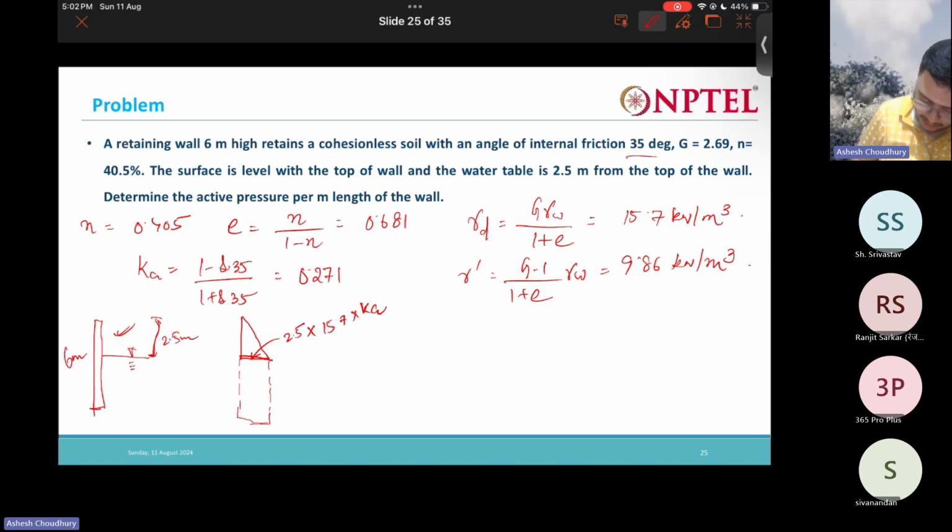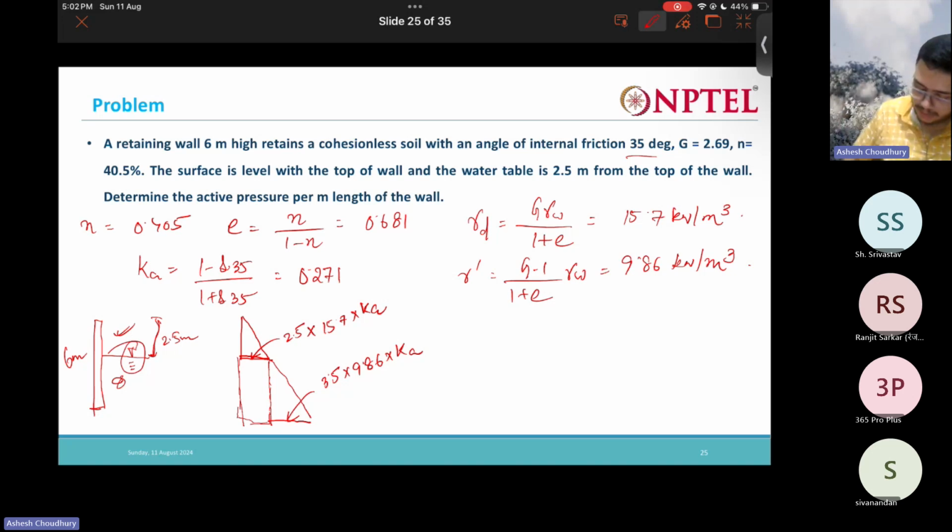Now this portion that is submerged, for this portion the triangle will be something like this. In that case, what will be this one? 3.5. Done. Now one more thing you have to note is that water is there, so water pressure will also be